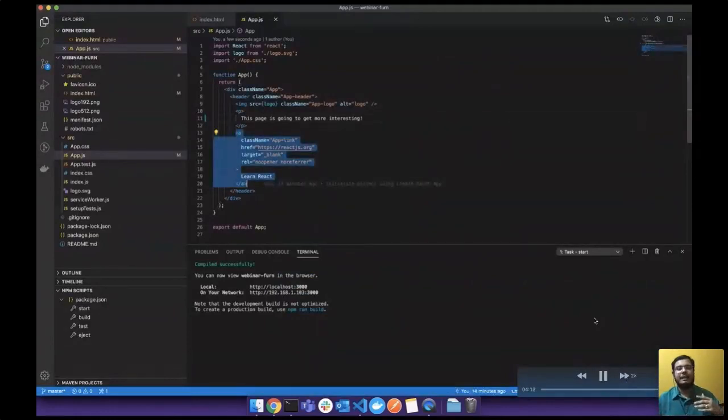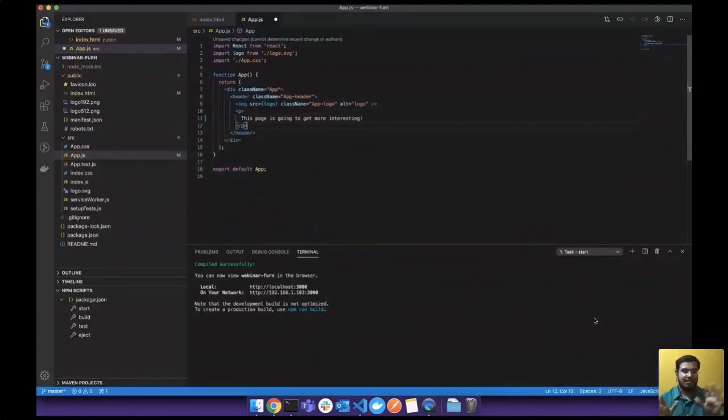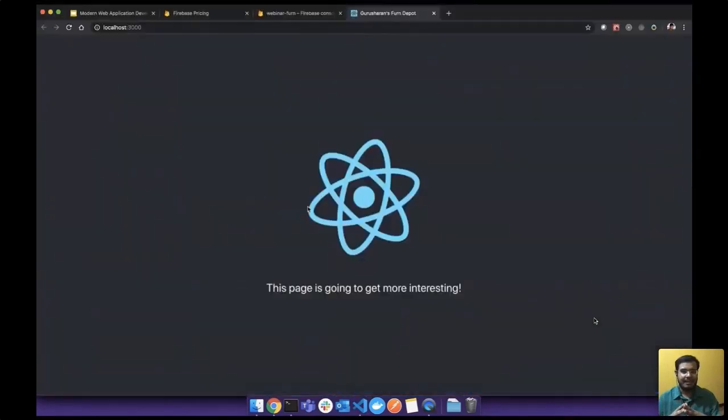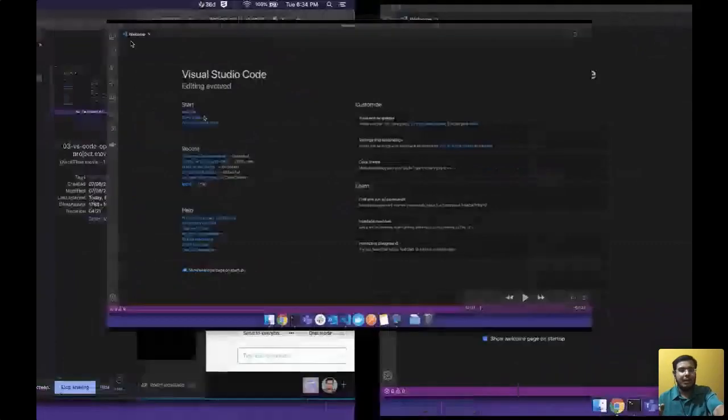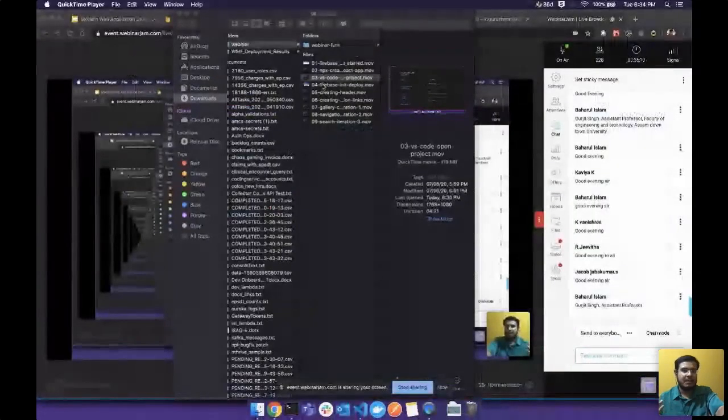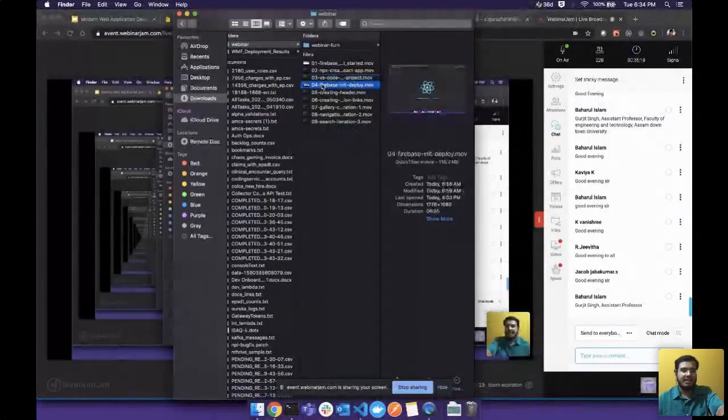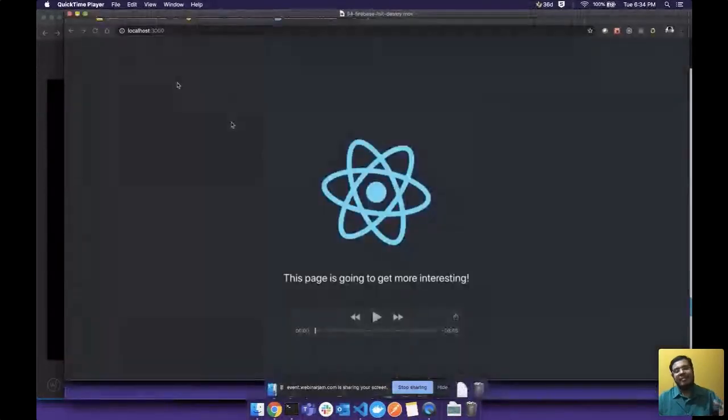So let's go and, okay, I'm removing all the non-relevant stuff out there. All right, so we have Visual Studio Code set up. So let's go on to initializing our Firebase application. Now I have my Firebase project and I have my local project here. I have to connect both.